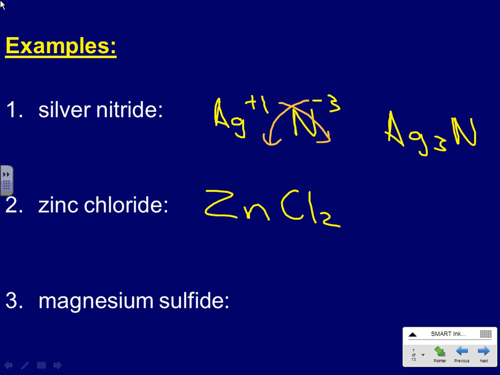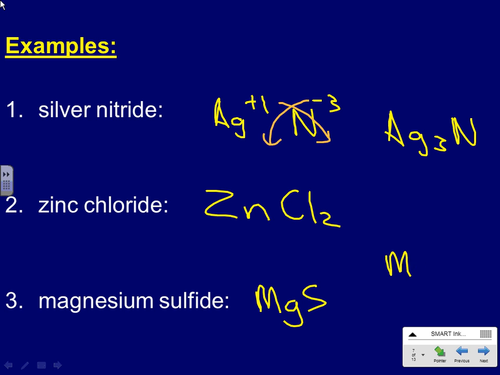ZnCl2. Okay? Zinc 2, chloride -1, cross them over, ZnCl2. Magnesium sulfide. Yeah, Chelsea? Yeah, very good. MgS. Now that comes from, and again, I'm hoping everybody knows why it's MgS, but if not, we'll take the